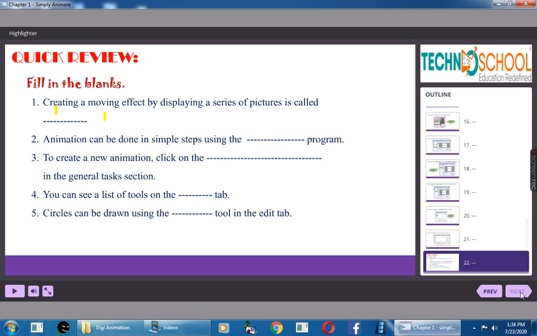Okay, children, now we'll do a quick review. Creating a moving effect by displaying a series of pictures is called animation. Good. Animation can be done in simple steps using the GIF Animator program. What is the software, what is the program we used now?